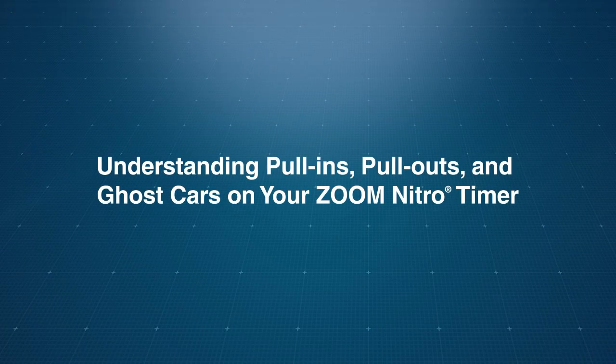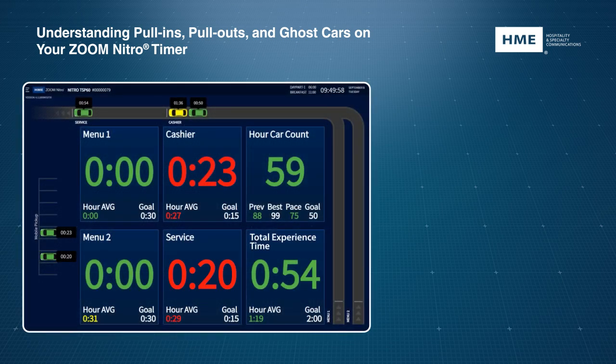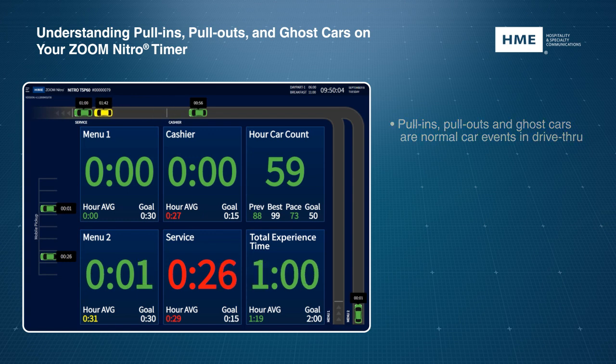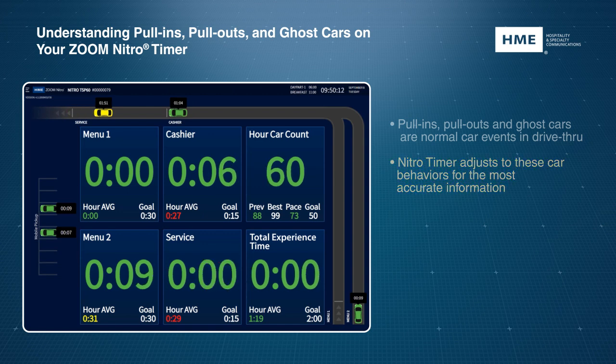The Zoom Nitro Timer enables you to track cars as they go through your drive-thru to determine where to focus your efforts and increase your team's efficiency. Pull-ins, pull-outs, and ghost cars are normal events that occur in your drive-thru. The Zoom Timer temporarily displays these cars and automatically adjusts to these car behaviors to give you the most accurate information possible. Let's learn more about pull-ins, pull-outs, and ghost cars and better understand the information displayed on your Zoom